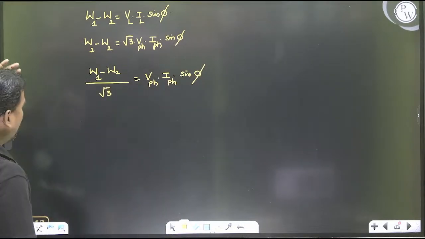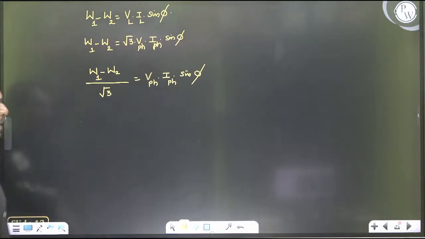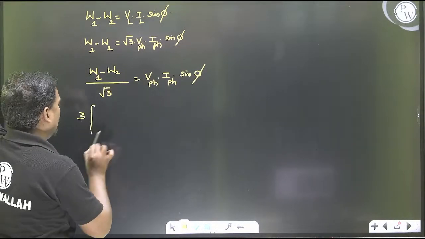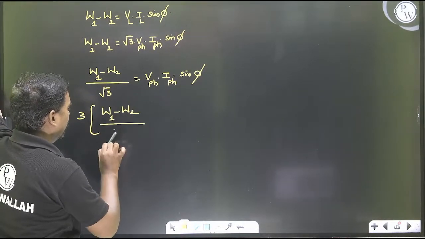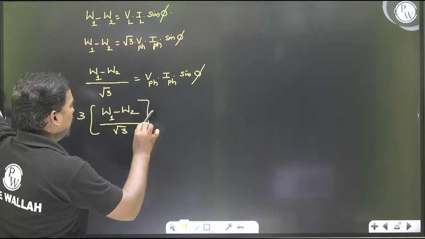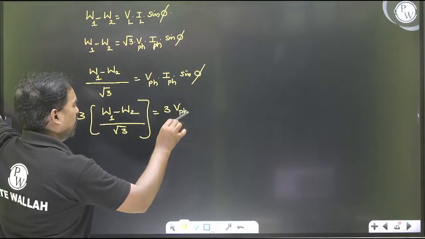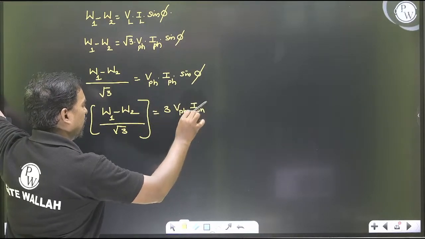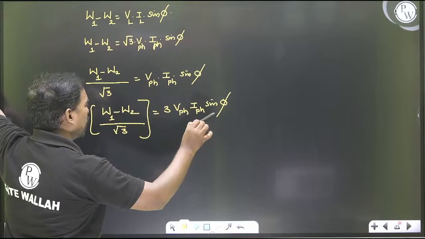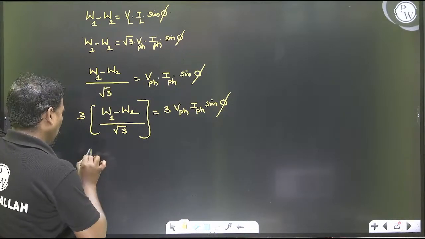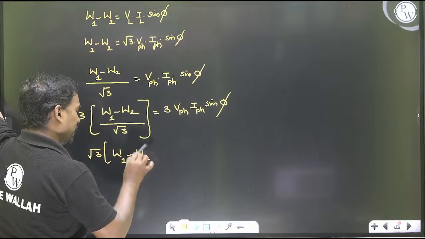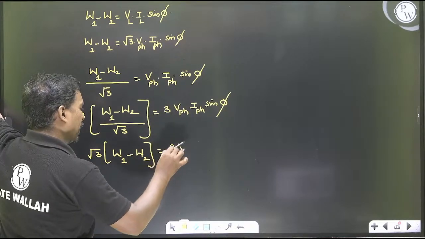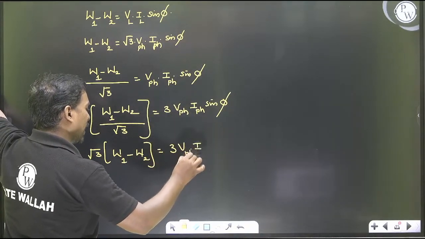3 फेज पावर चाहिए हमको, 3 से मल्टीप्लाई करना है भैया। ओके तो 3 फेज पावर के लिए 3 से मल्टीप्लाई करना है। सब लोग उधर हैं, जिंदा है कोई, रिस्पॉन्स दीजिए भैया। 3 VPH IPH। सुबह सुबह चाय भी नहीं पी के आपको क्लास बोल रहा हूं मैंने, कुछ तो रिस्पॉन्स तो देना है। W1 minus W2, गेट एग्जाम आप लिख रहे हैं लेकिन हम सुबह सुबह उठ के आपके लिए पाठ पढ़ा रहे भैया।